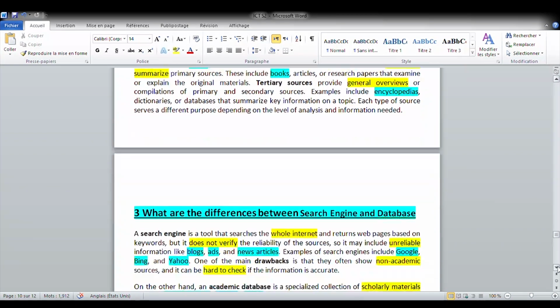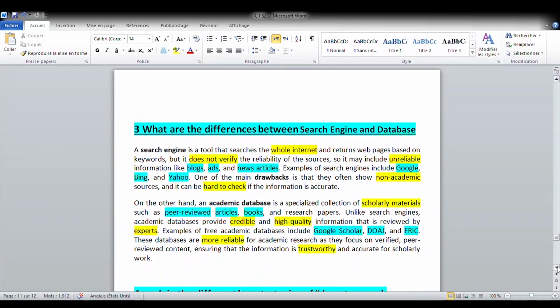Now, the third lesson. What are the differences between search engines and databases? A search engine is a tool that searches the whole internet and returns web pages based on keywords, but it does not verify the reliability of the source, so it may include unreliable information like blogs, ads, and news articles. Examples of search engines include Google, Bing, or Yahoo. One of the main drawbacks is that they often show non-academic sources, and it can be hard to check if